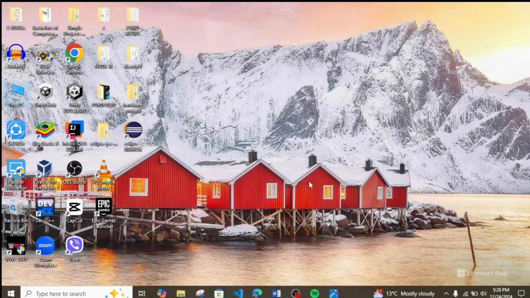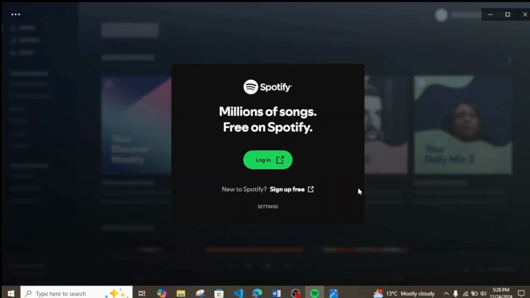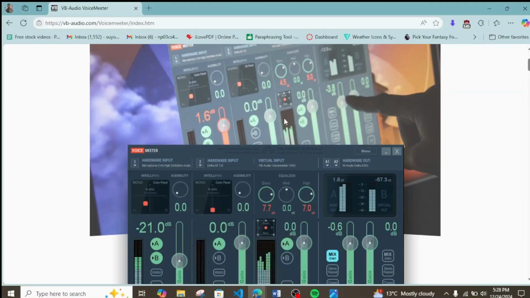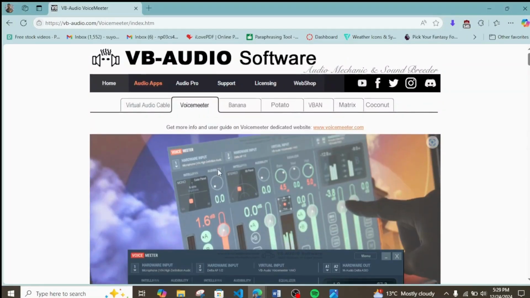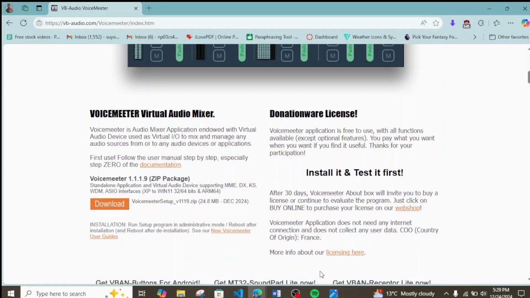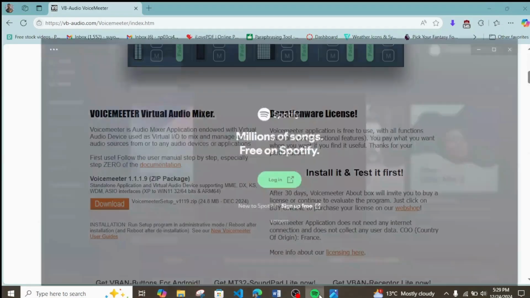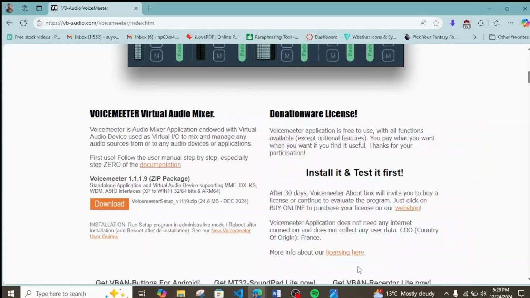First things first, make sure you have downloaded and installed your Spotify application for the desktop properly. Once you install it and sign in with your official account, head over to any of your browsers, and inside your browser search for VV Audio, this software, and just download it. Once you download it, make sure to locate your files from the Spotify application by going inside and locating your